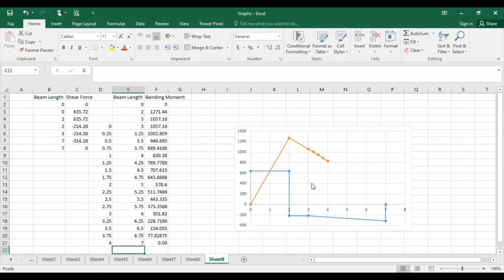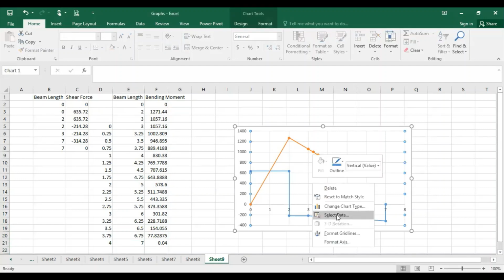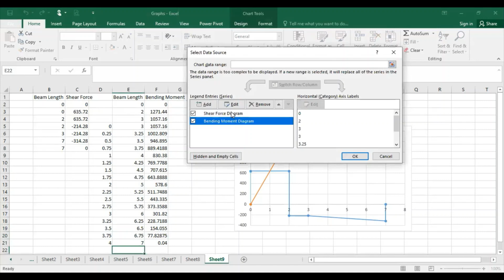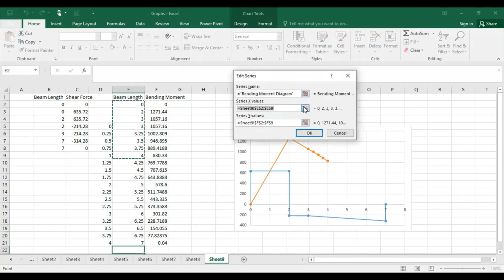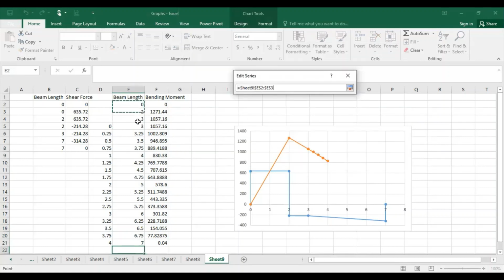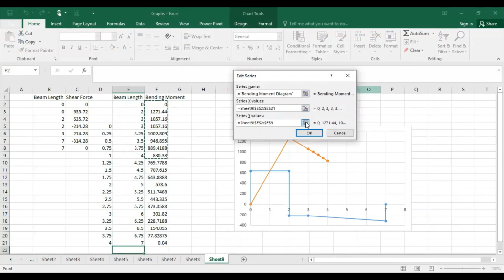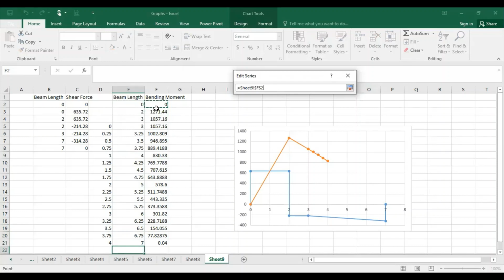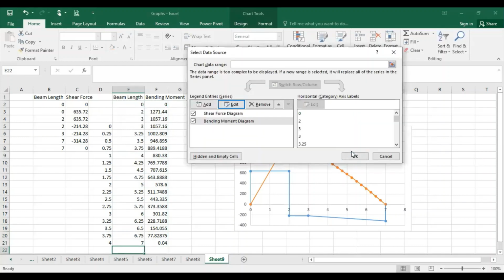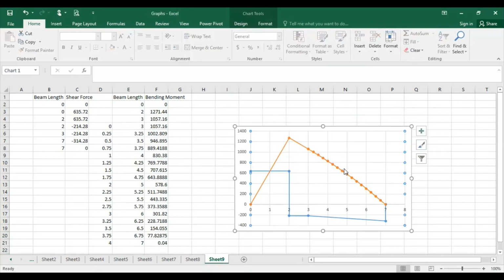Now I am going to draw this shear force bending moment diagram. I am going to edit it, and x values for the beam length, and this will be like this. Now you can see the clear curve over here, and you will get more values over here.